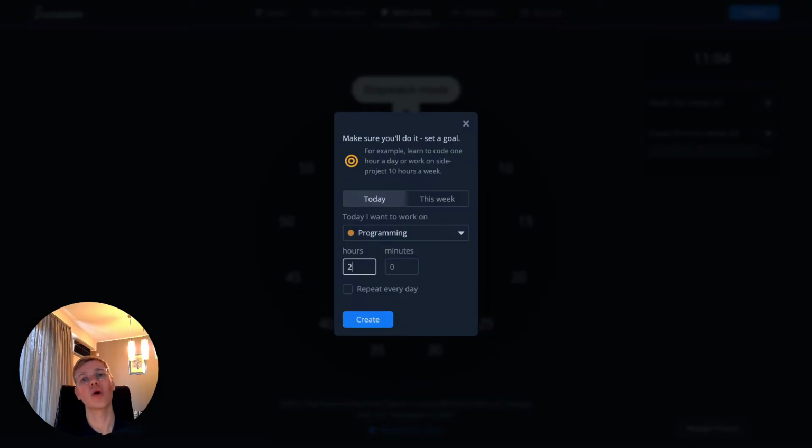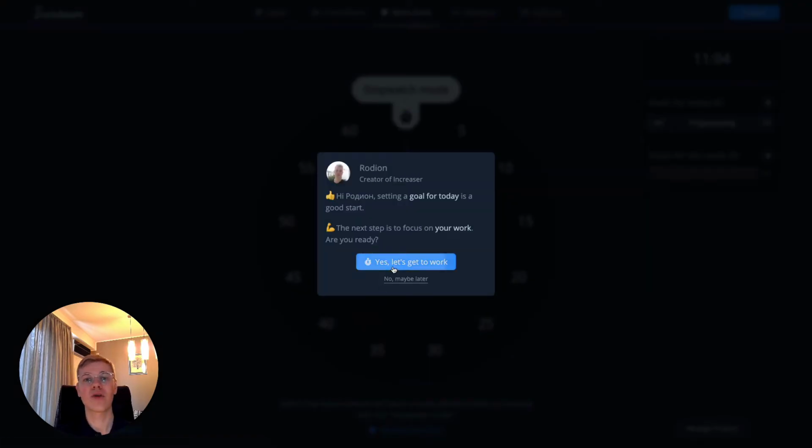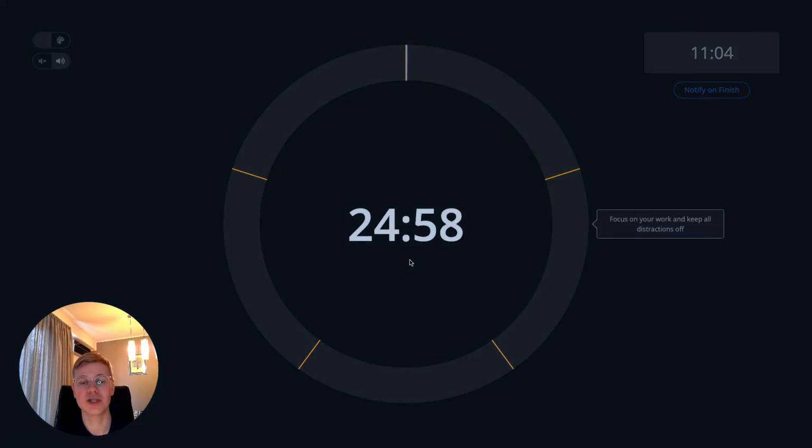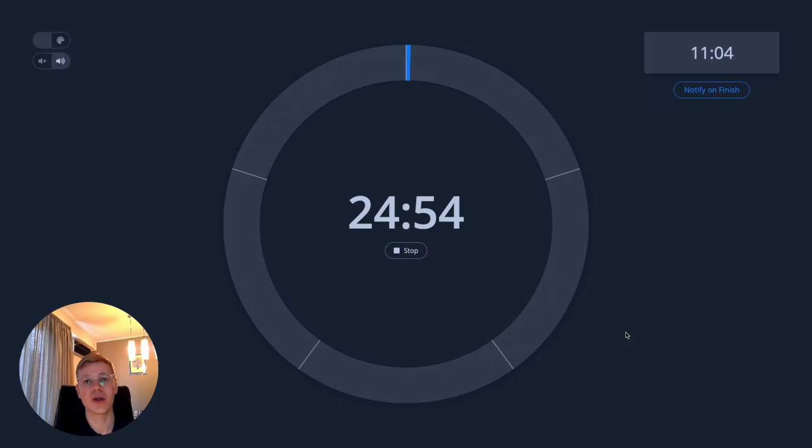To improve the onboarding sequence, I added an extra step at the end. It shows a time picker where the user could select either stopwatch or timer modes. From that state, he will go straight to the focus page instead of going to the main page that has a lot of elements that could distract the user. I thought it would improve the conversion between the sign up and the first registered set, but in reality it